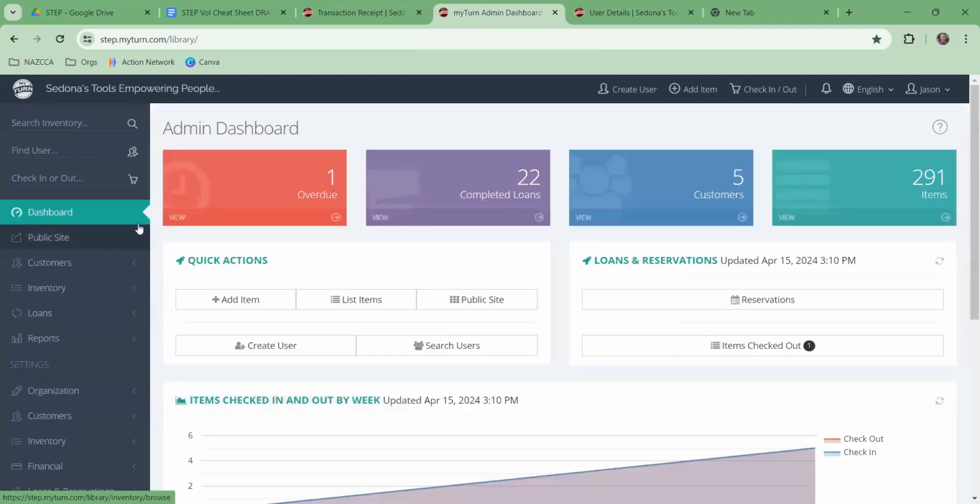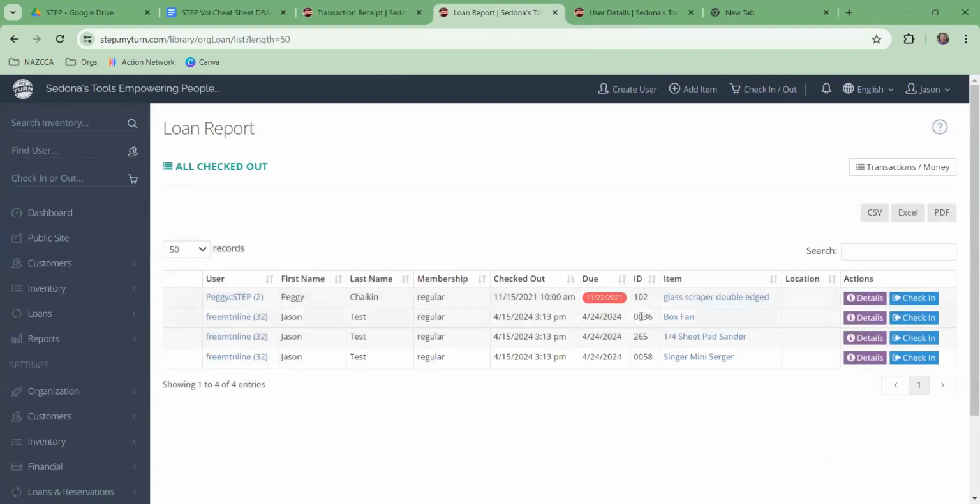Now, you're going to also be checking in tools. So when you meet with a patron to check tools in, then you are going to go back to your dashboard and you are going to hit items checked out. And within here, you will find what your patron has checked out. You can click on any of these and it will include all of the